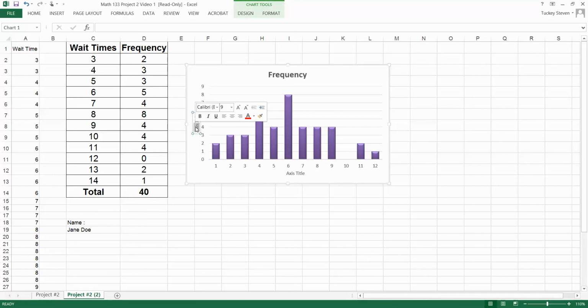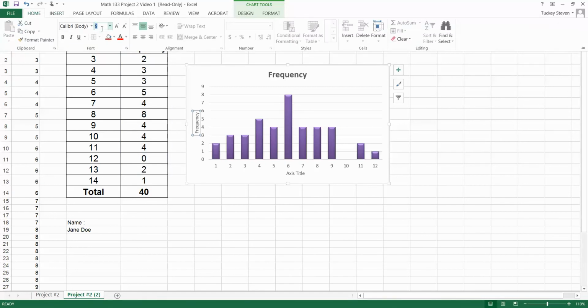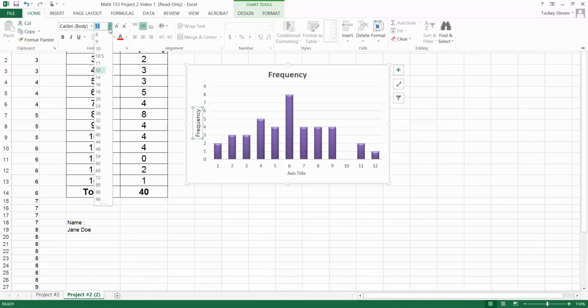So I'm going to go up here and click on this Access Title. I'm going to delete what they had written there and type frequency, because this was a frequency histogram of that distribution we found. And I don't like how small that is. So let me click on it again and go to Home. I'm going to make it 12-point font. So type 12 up here, or you can click on the arrow and go down to 12 or 14 or